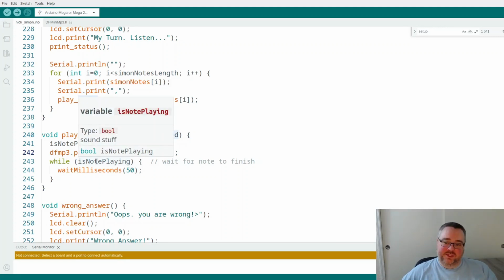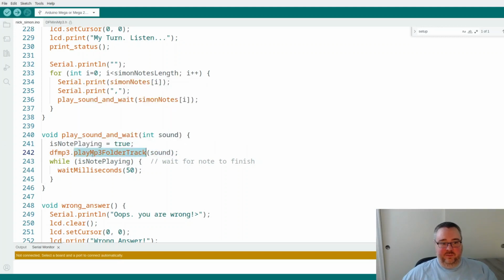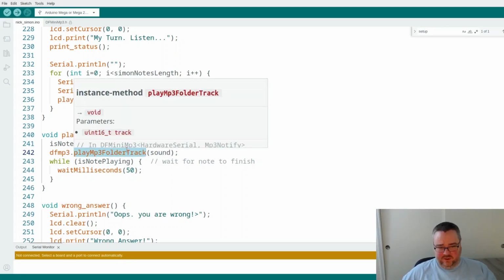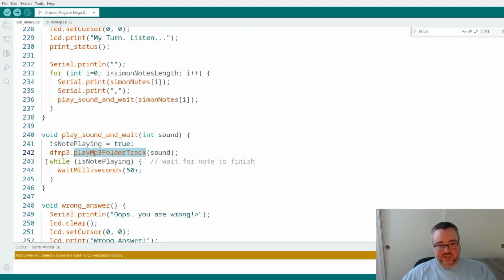So I said with this DF player, it uses callbacks, and so it will immediately return from play MP3 folder track. But I want it to be more serial than that. I want to wait for that note to finish. And so I just sit here in a while loop until it registers that the note's not playing anymore.